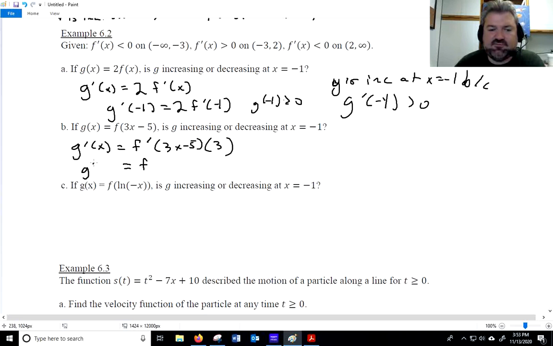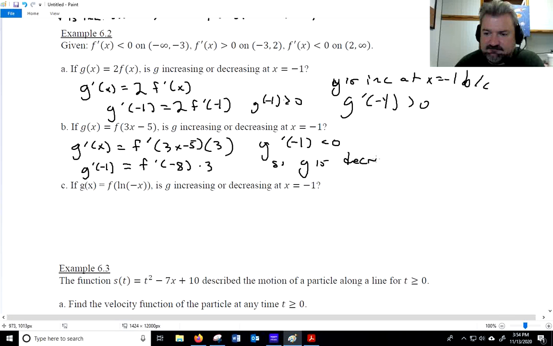So g prime of -1 would be f prime of -8, right? -8 times 3. Well, f prime of -8. From -∞ to -3, we're negative. And then a negative times a positive is a negative. So we're going to say that g prime of -1 is less than 0. So g is decreasing